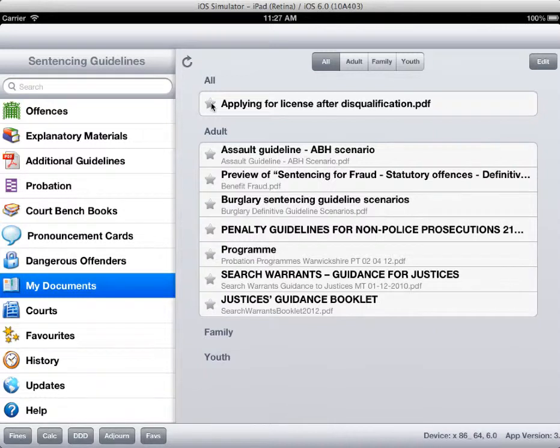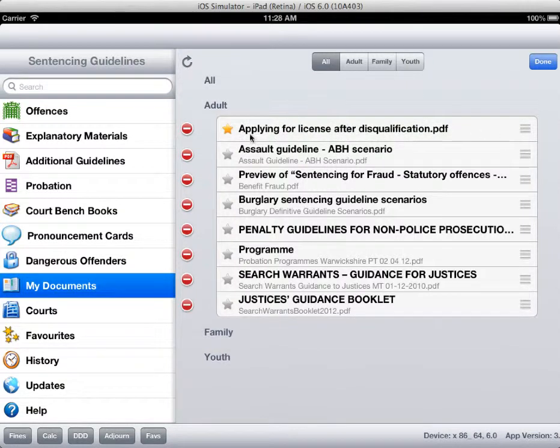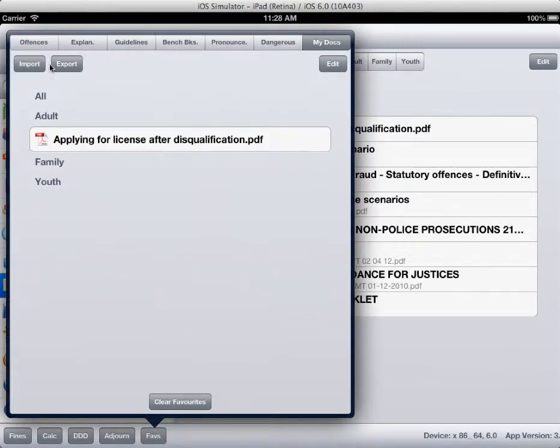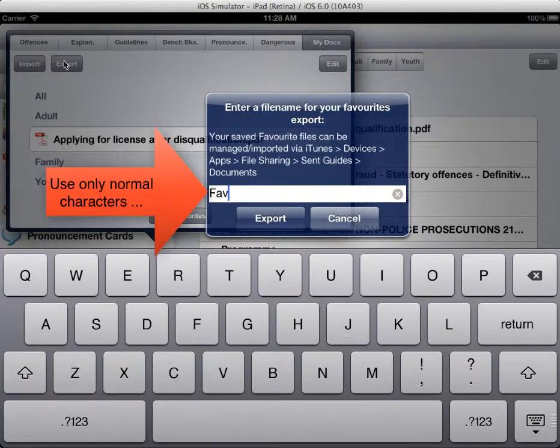So any favourite documents that I make favourite will be saved to my favourites file, and I can also move this down into its particular section. So this will appear inside adult within my documents. And so within favourites, I can export this favourite to motoring,